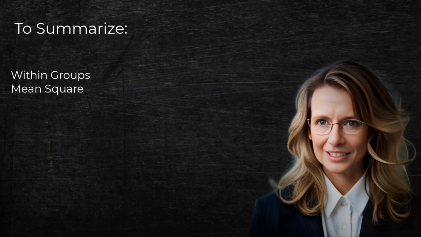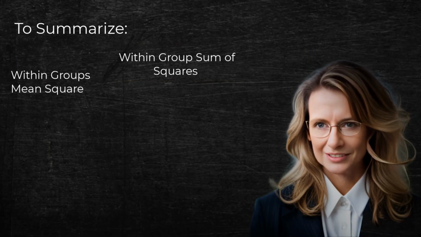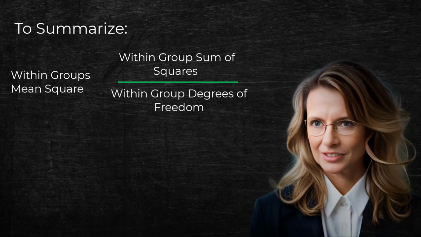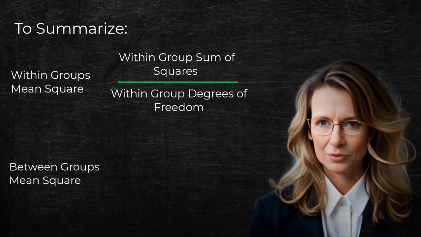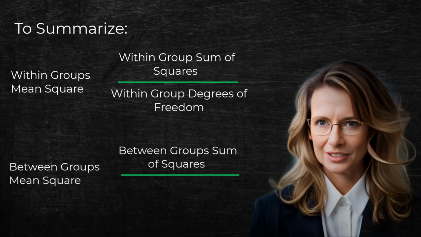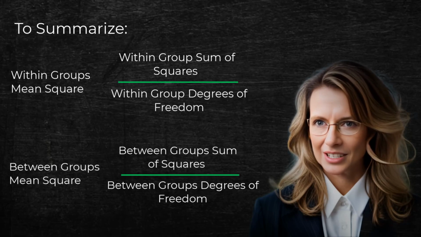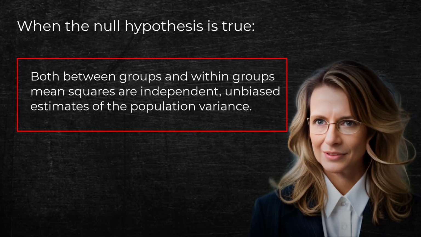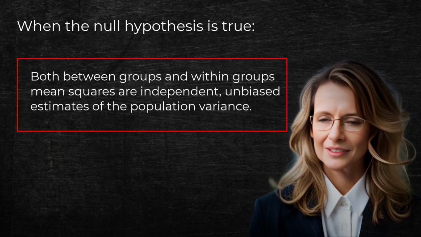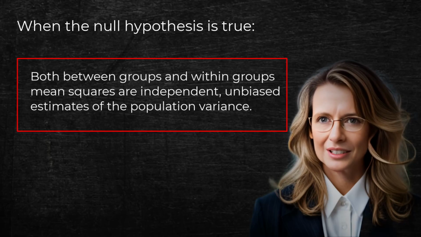So to summarize, the within group's mean square is equal to the within group sum of squares divided by the within group's degrees of freedom. Likewise, the between group's mean square is equal to the between group's sum of squares divided by the between group's degrees of freedom. When the null hypothesis that there are no differences among the means is true, both the between group's mean square and the within group's mean square are independent, unbiased estimates of the population variance from which the